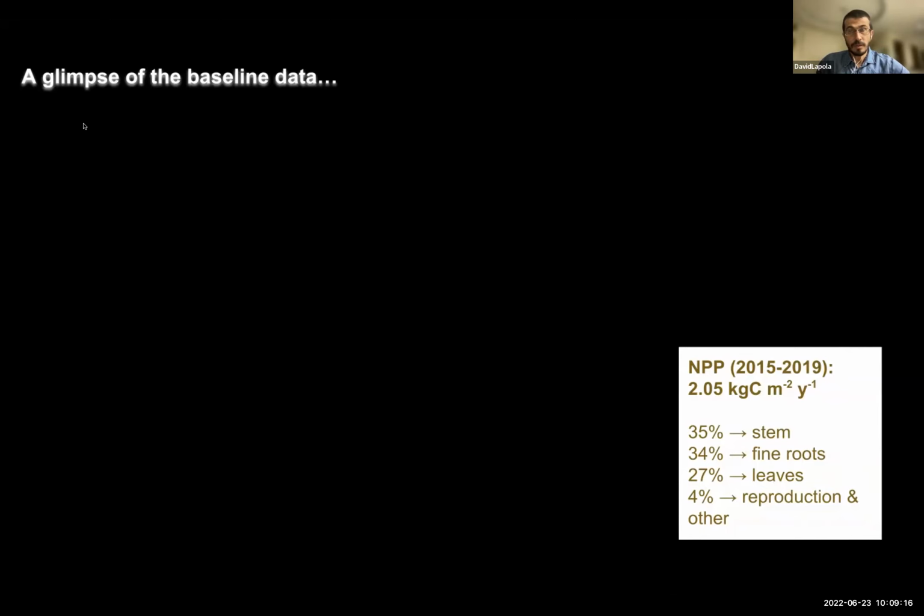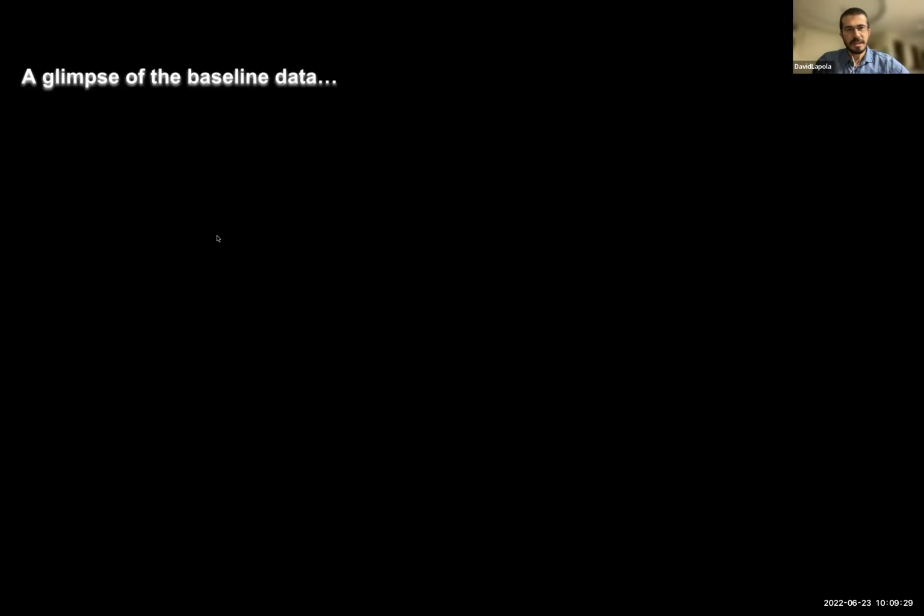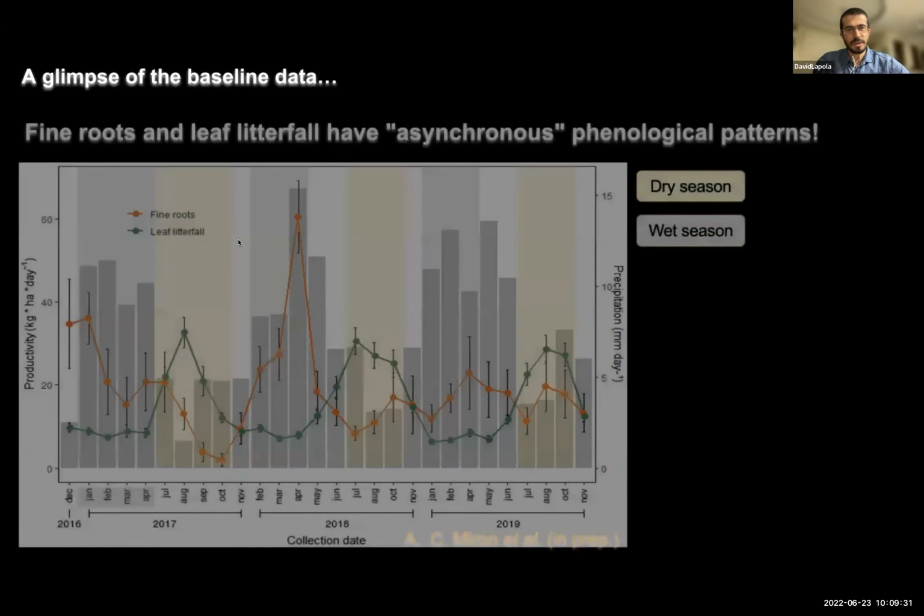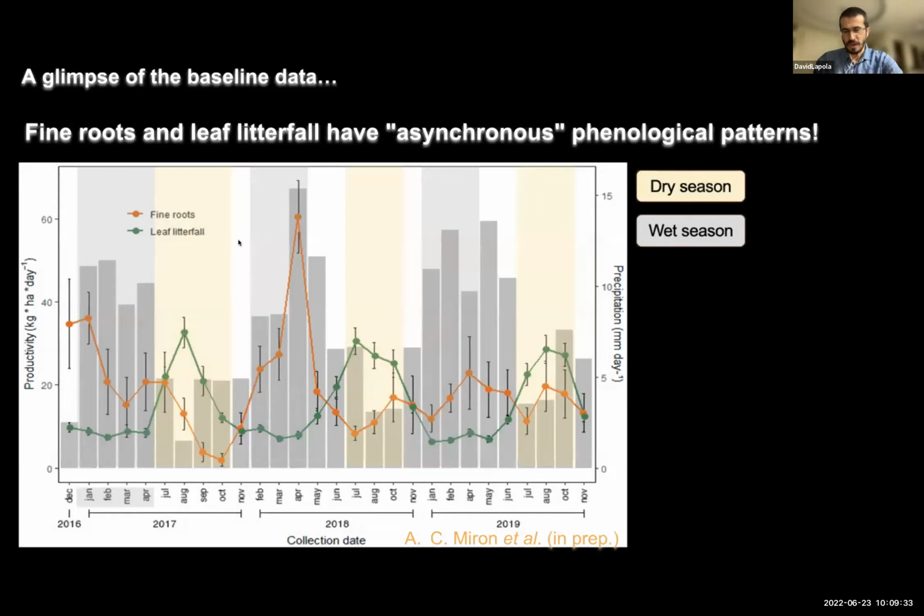But what I would like to highlight here is that the term integrated I used in the previous slide. We are doing these baseline measurements in such an integrated way that we were not supposed to do